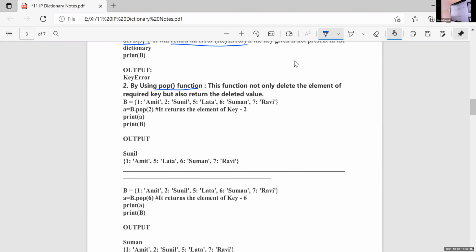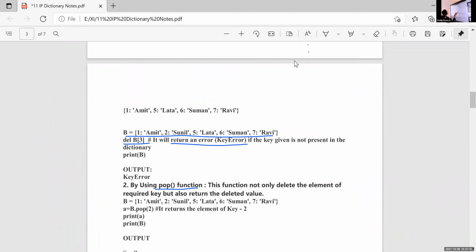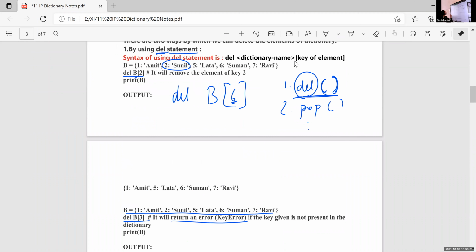But in the case of this delete statement, if I'm using DEL B of 2, after running this statement, it will delete one element from this dictionary, but it will return nothing.